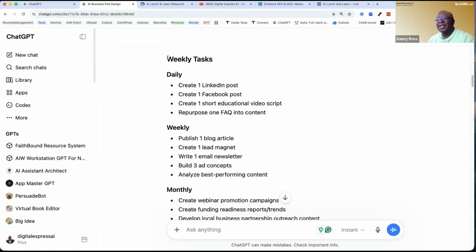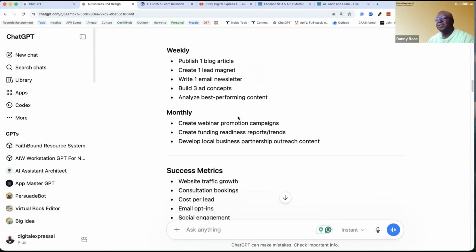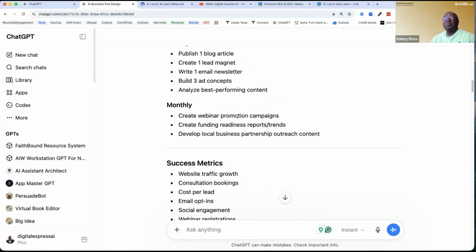Then you're going to give it tasks. These are the things that I want you to do every day. That's where AI shines. Every day, I want you to give me a new LinkedIn post. Every day, I want you to give me a Facebook post. Every day, and so on and so forth. And you can actually automate. So we build AI apps that help you automate the next step, right?